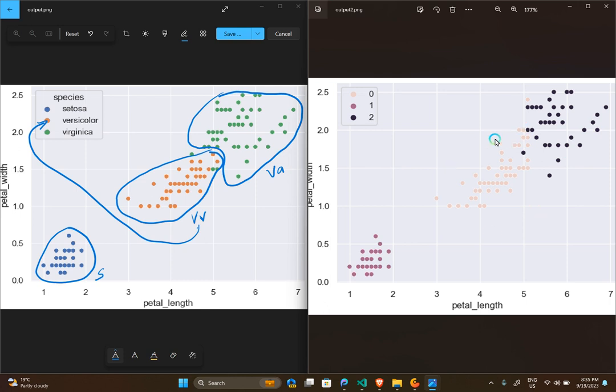Then in the middle where we have the versicolor, we have class 0, which the model has created for us. You can see for this part where class 0 and 2 connect together,